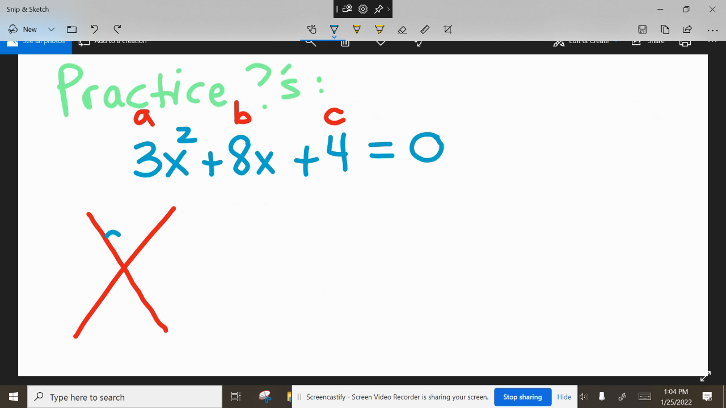All right, so A, B, and C. Why did I show you that? This is supposed to be A times C. This is supposed to be B. A times C goes on the top. So A times C is 12, 3 times 4. B is going to be 8 on the bottom. When you do your math, what times what equals